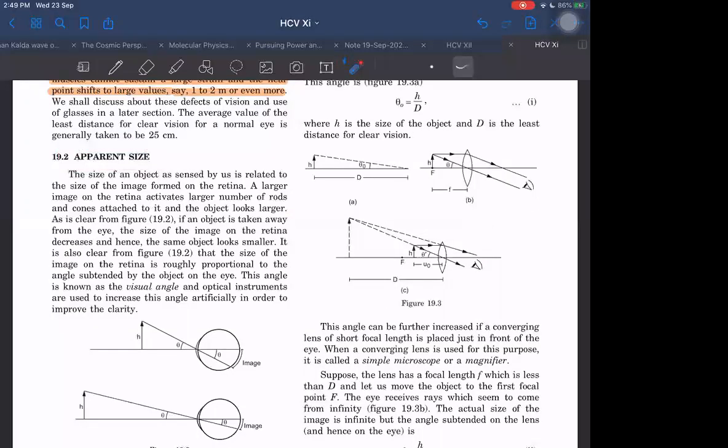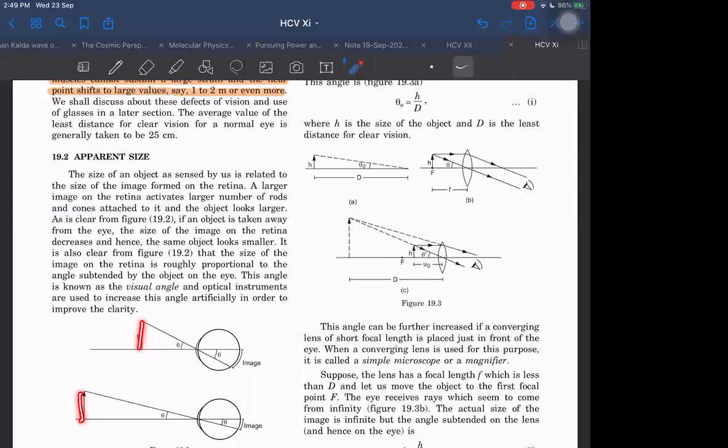The real size is same. It is also H, it is also H. So if I see this or I see this, actually, according to me, if I go by the rule of magnification, the way it is defined for the lenses, then let us say it is object and it is image. For the time being, I am assuming it is object and it is image form. What will be the magnification? Will it be 1 or not? If they are of same height, it will be 1 magnification.